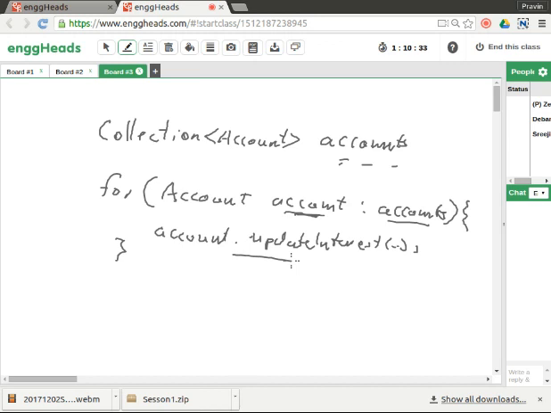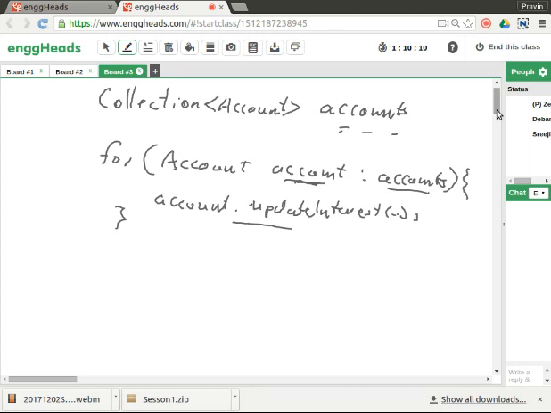So let's see how this could be done in Java 8. Instead of all this code, you could have written something like this: accounts dot, so you are interacting with the collection itself, and you're saying for each is a method, and what we give here is the action to be performed. What's the action to be performed? Update interest. Now this for each would have one parameter. It's a function which is to be applied on every account object. So I would say AC,